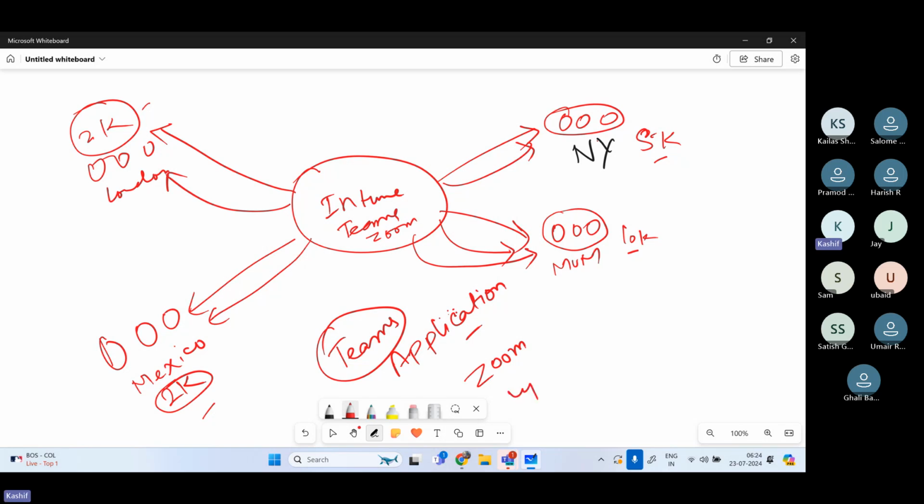Suppose you need to deploy updates to all the devices in New York. 5,000 devices are there in New York. So you will have the update here. You will synchronize the update from Microsoft and then deploy the update to those 5,000 devices in New York. Okay. Similarly, let's say you need to create a policy